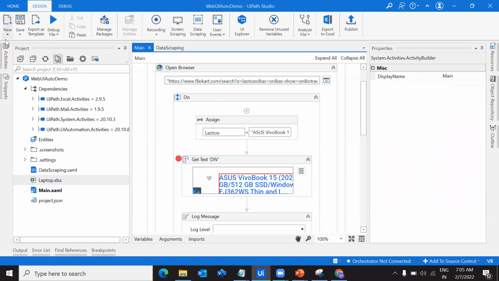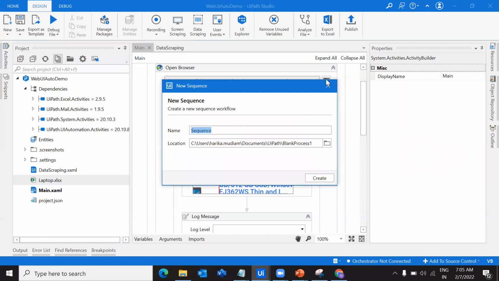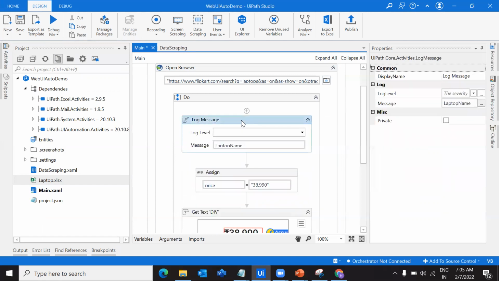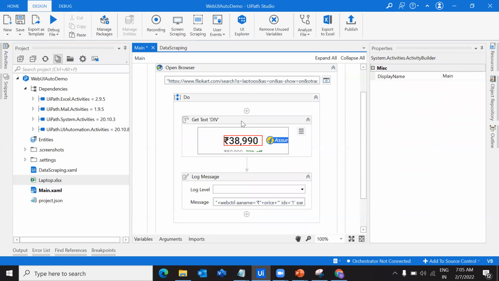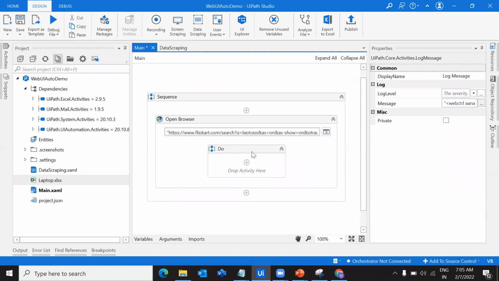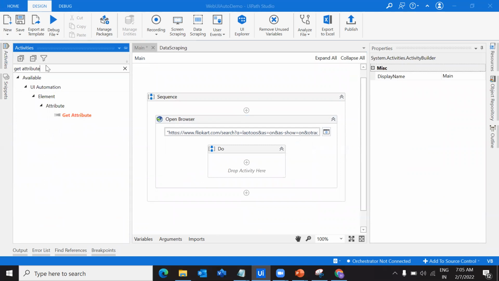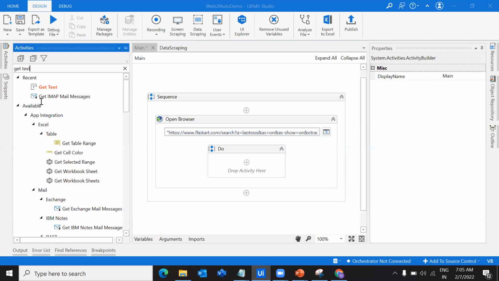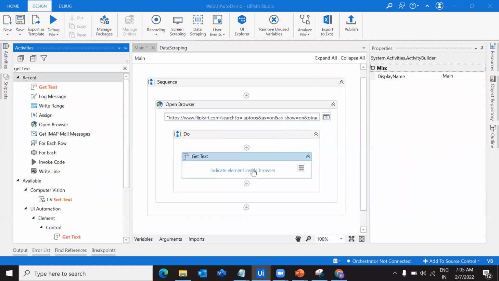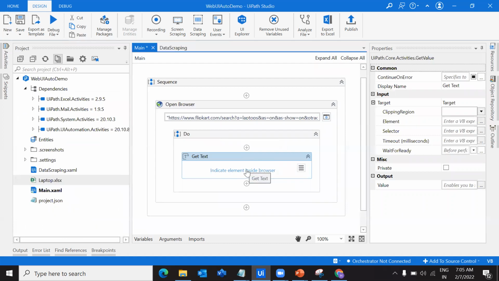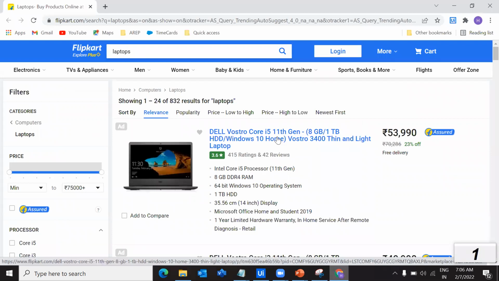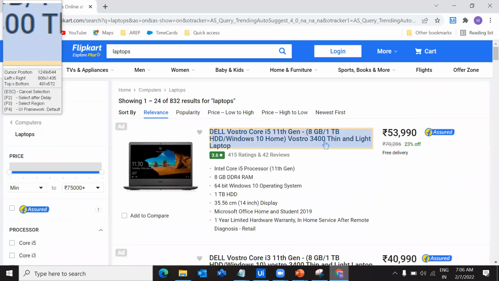For this, let me take a small sequence, or else let me delete all of these and create a new sequence inside the same. Okay, so we are good. Let me drag the get text first. Later I will explain what get attribute is. So I'm pulling get text into this. We all know how to indicate the element, right? So I'm going to indicate the element in the browser. I'm going to the same website. So here,